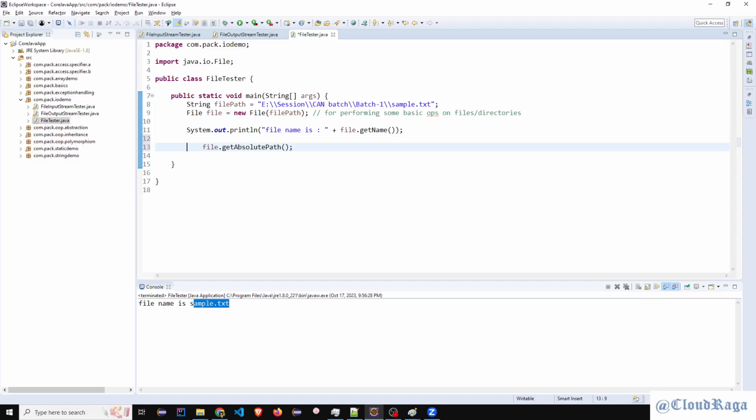You want to see the actual path that is coming. At that time we tend to use the absolute path or canonical path. Absolute path is the most used method, guys. I've used it maybe more than 100 times in my projects. Absolute file path.